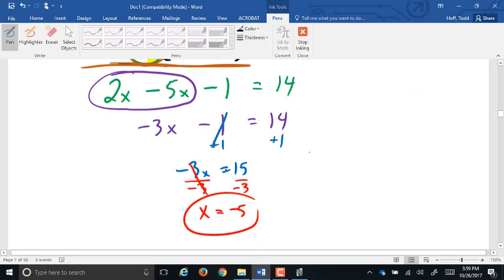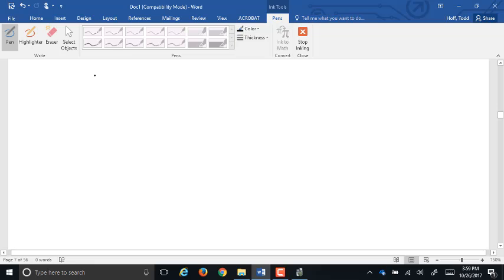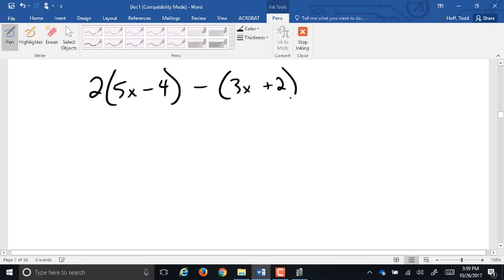So I'm going to give you guys one to try in your notes. A little bit different, but the same concept. See if we can get that one to turn out. We'll talk about it in a minute. So we have two sets of parentheses here, so we're going to work from left to right. The first one, got to multiply through by the 2. 2 times 5x is 10x, and 2 times negative 4,